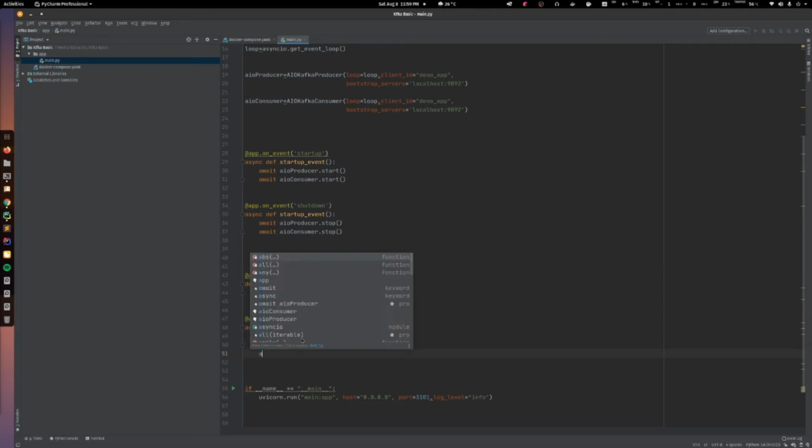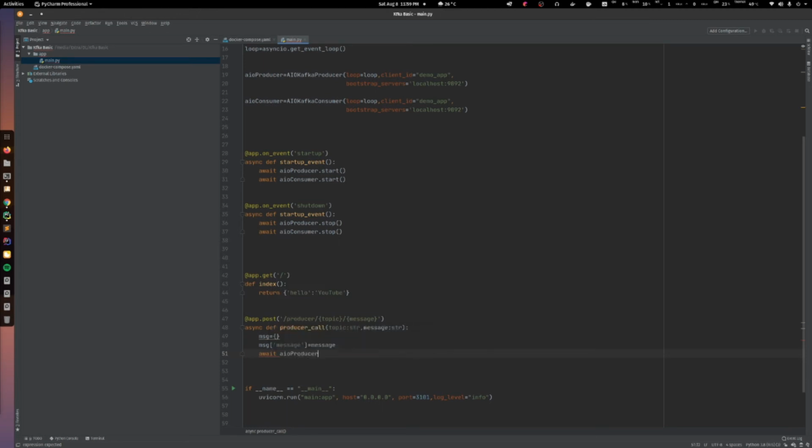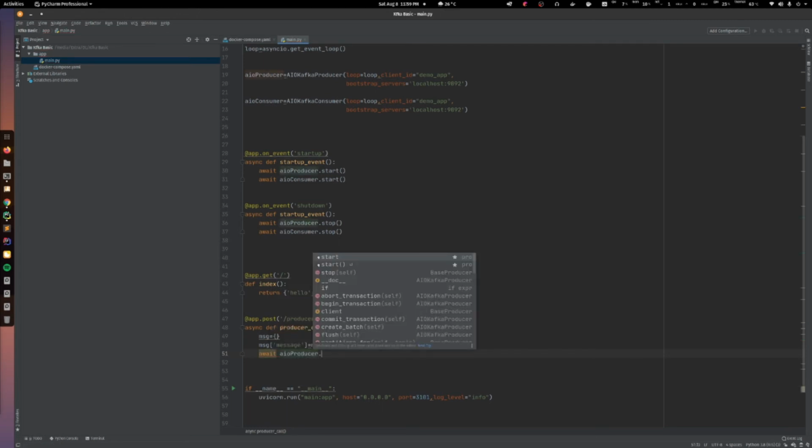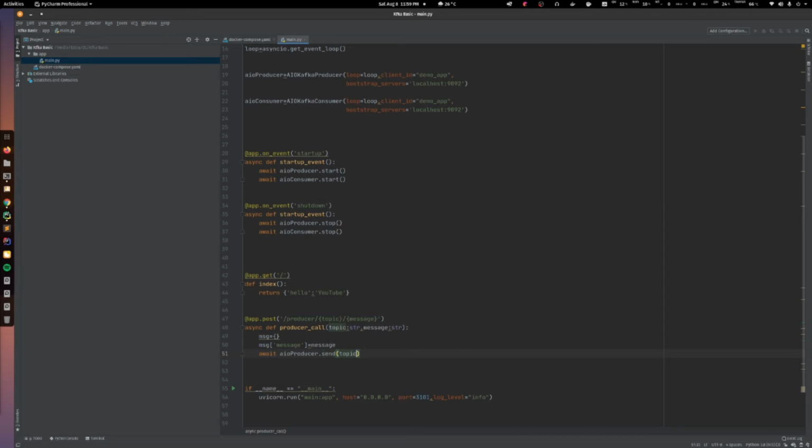For pushing that, my method is AIO producer dot send, my topic name, topic. I need to pass it in JSON format. So topic, JSON dot dumps, and pass the message. That's it.